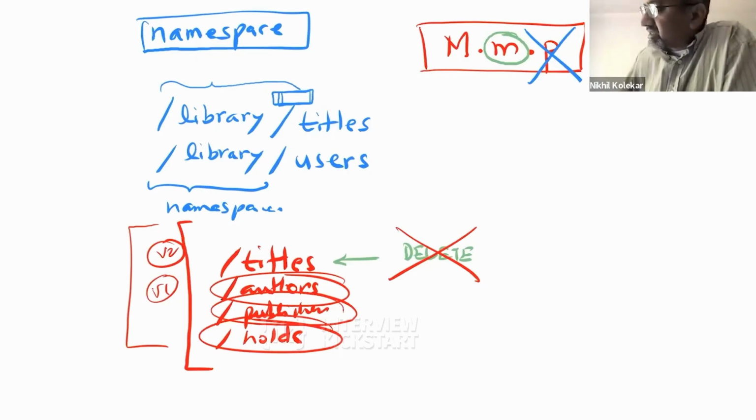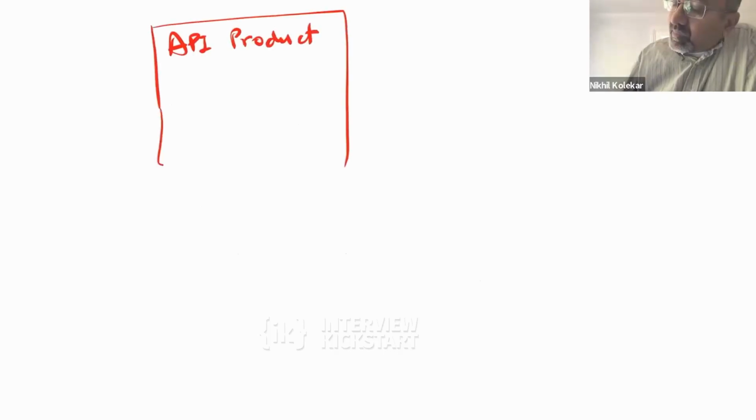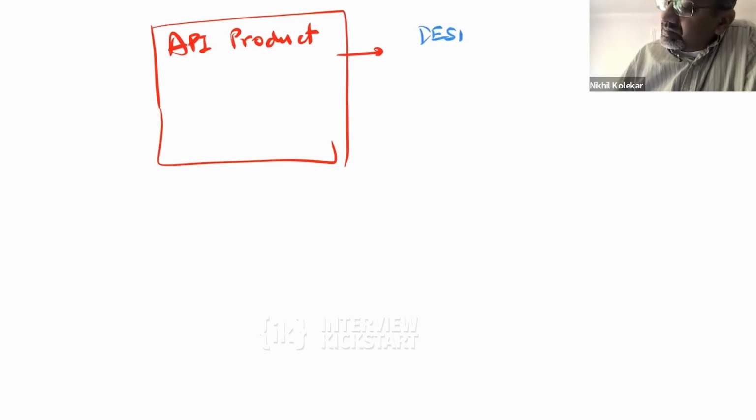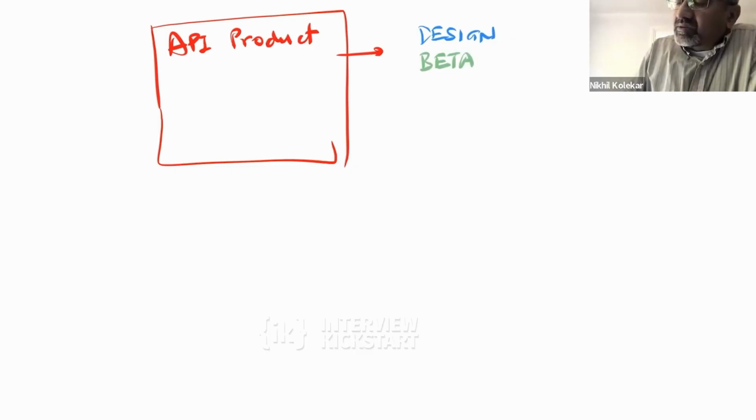So that brings us to the life cycle of our products. Typically your API products should have a life cycle that should say either it is in design phase, and that is not so important to communicate externally than to internally. So you may have an internal design phase. As soon as you're ready to launch, you may have a beta phase where you're trying to still test out your APIs with your partners.